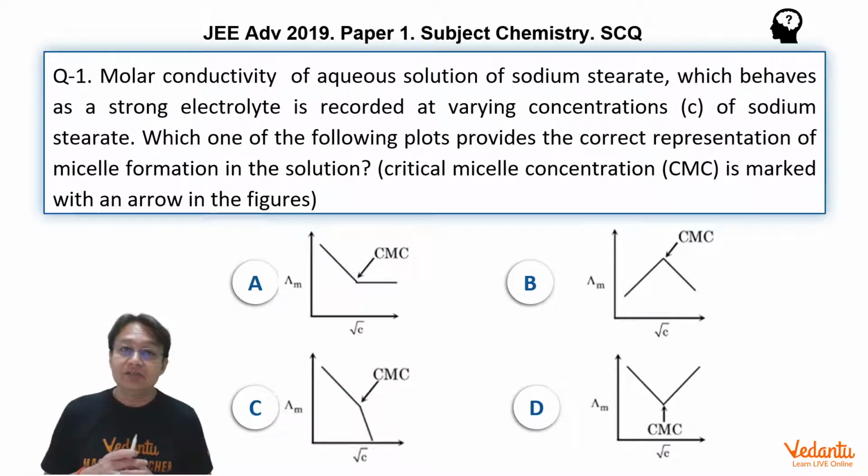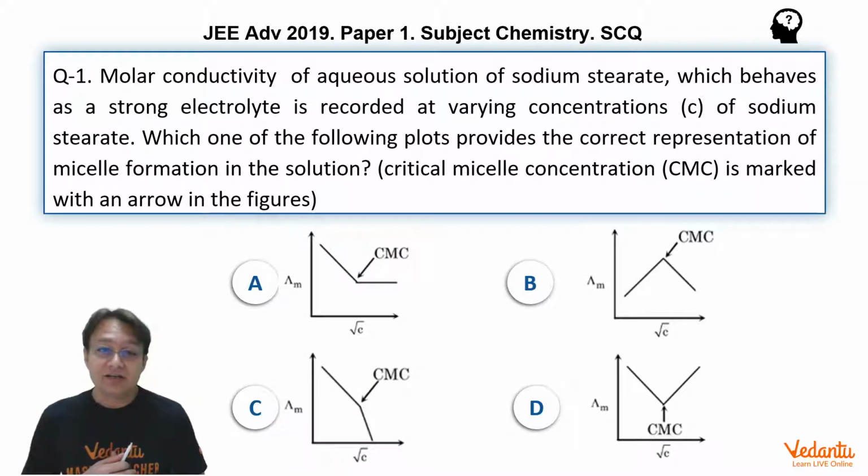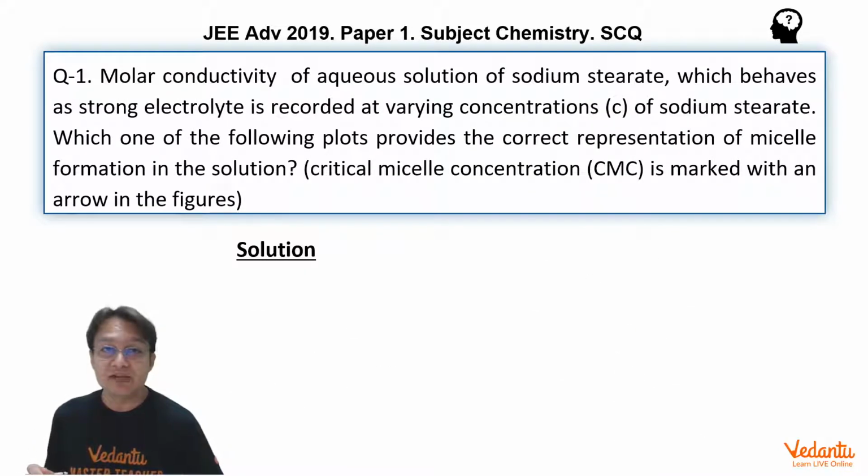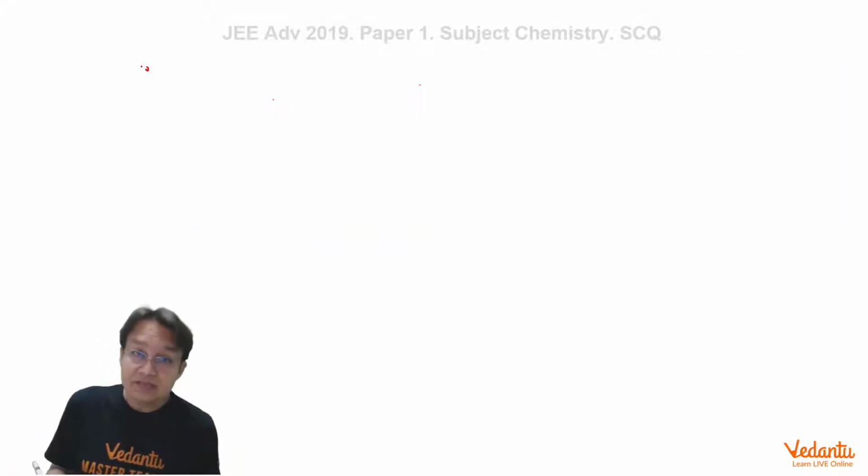In this problem, the variation of molar conductance of a solution of sodium stearate is asked, how it varies with under root of C. Four options are given, and in every option, the CMC concentration is marked. The first way to approach this problem is to understand what CMC is. CMC is the critical micellar concentration, the minimum concentration above which